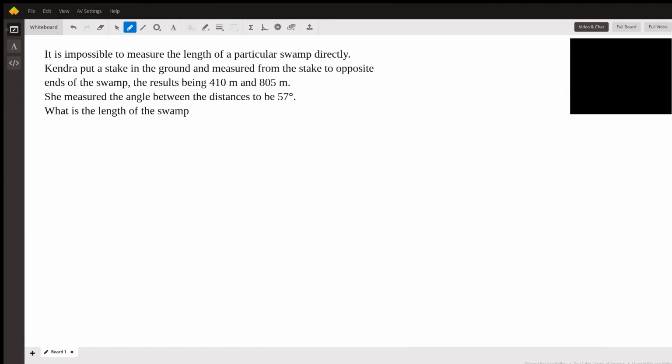I'm answering a question submitted by a student having to do with measuring the length of a swamp. So this is an application of the law of cosines, and we'll discuss the law of cosines in a minute. We'll get to more of it in a minute, but I just want to get the formula out here, which is for the law of cosines. It's c squared equals a squared plus b squared minus 2ab cosine